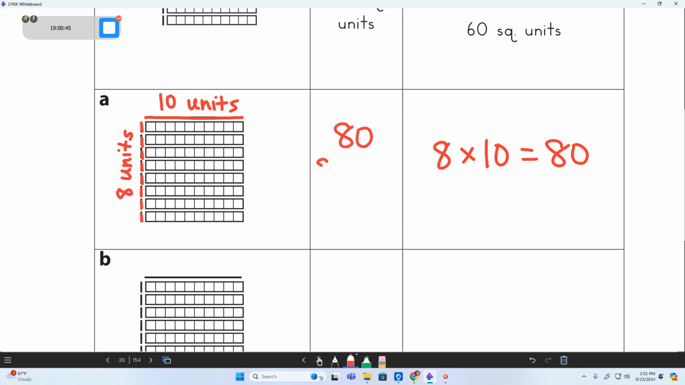you can either label it square units, or you can label it units with a little tiny 2, and we'll talk about what that 2 means. It's because we're looking at a two-dimensional shape, so you can label it either way. All right, letter B